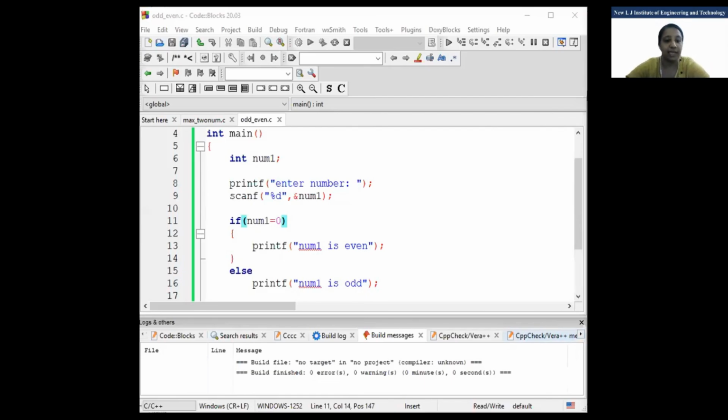Do the practice of the program: find out the maximum from 3. You can use only the if statement or if else. Don't send me a screenshot using another concept of if, that means else if ladder or anything. I don't want that. I want this concept only, because you know this only. Okay, fine. Now you can leave.